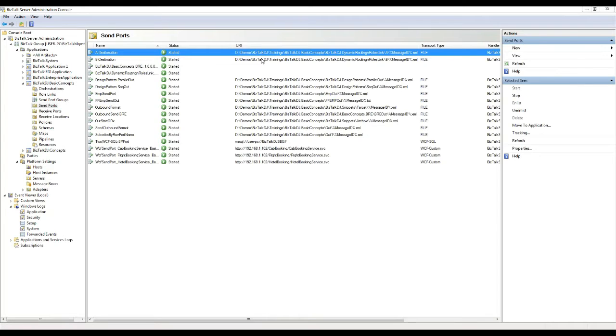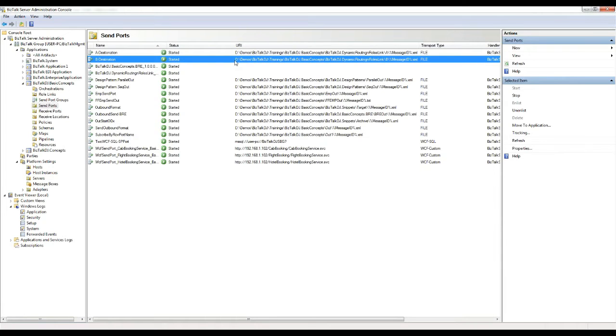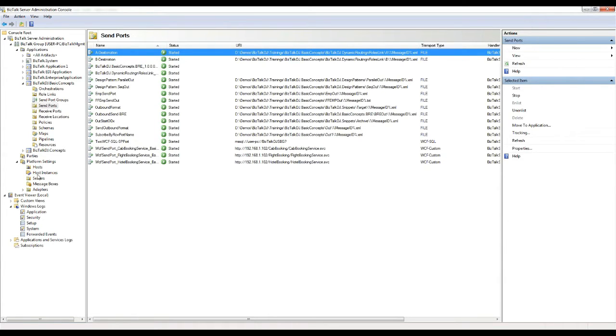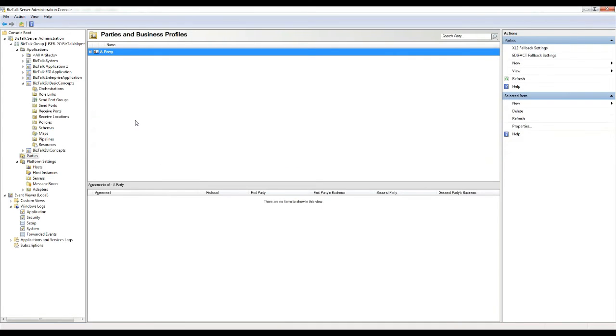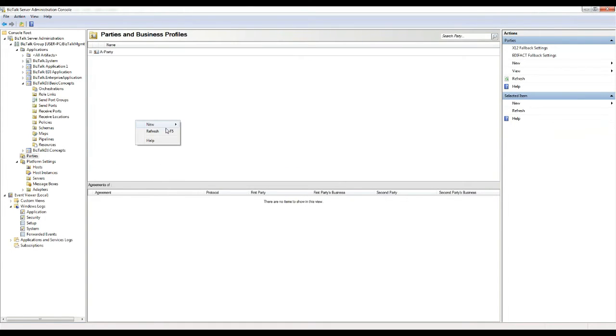As you can see here, I have created two send ports which will route the message to destination A and destination B. So these send ports I would associate to the respective party.